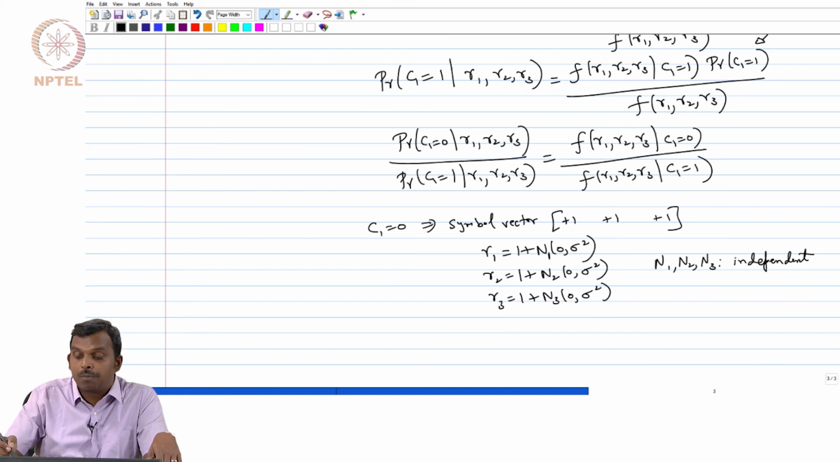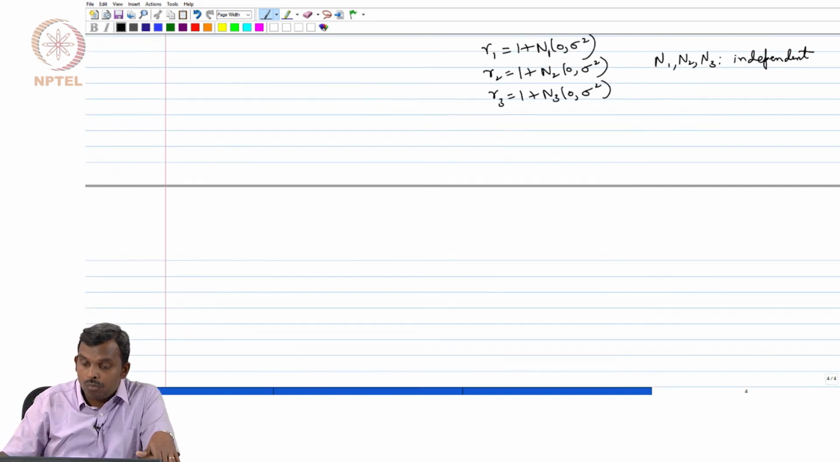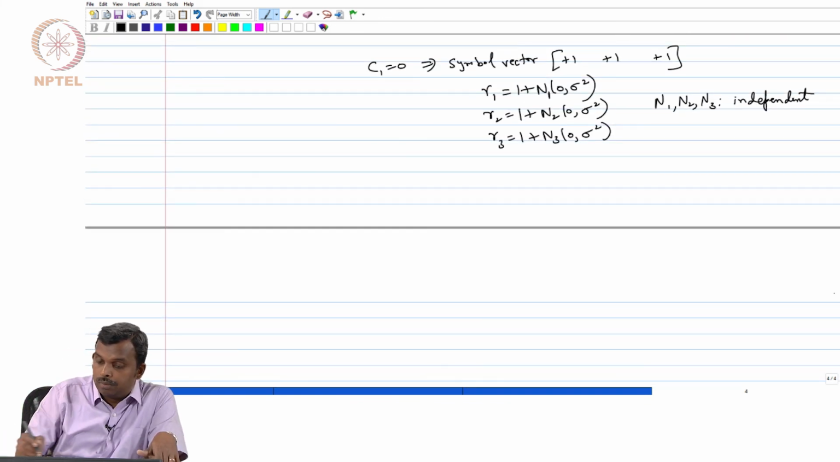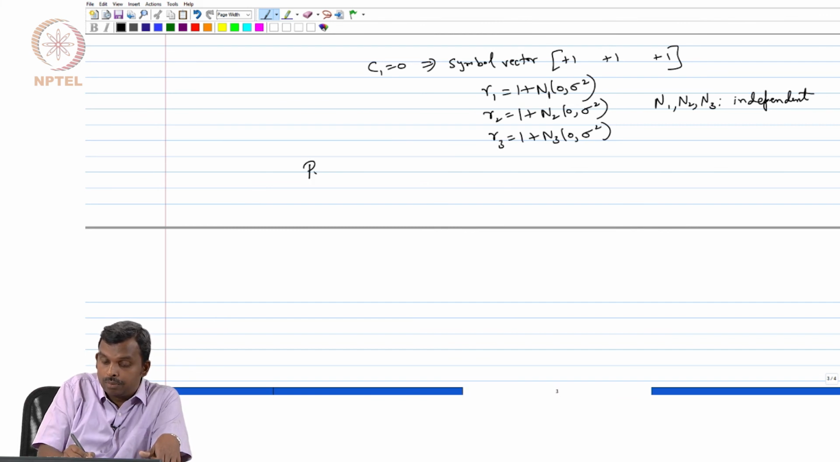Conditional on C1 equals 0, these three values are independent. So, you can factor the things, multiply out and write down a product. Let me do that for you here. Okay. So, my probability of C1 equals 0 given R1, R2, R3 divided by probability of C1 equals 1 given R1, R2, R3 is going